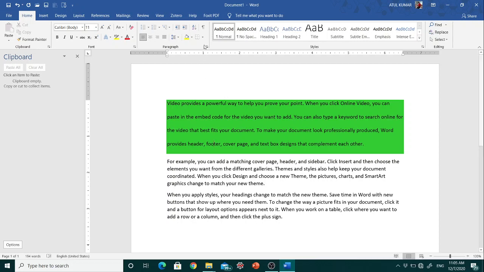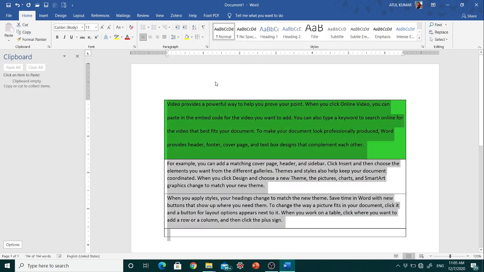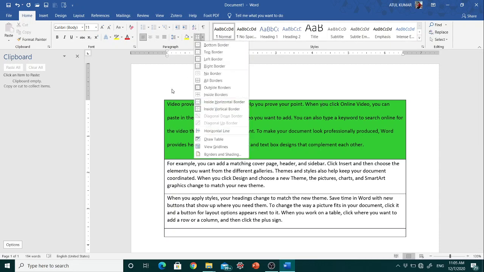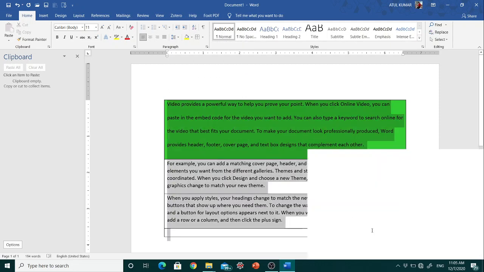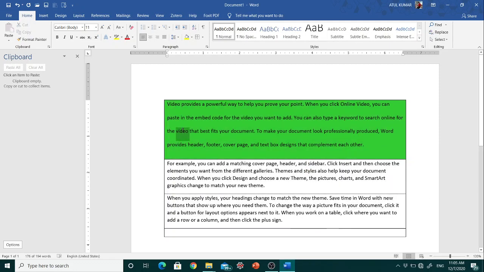The next option here is the Border option. You can add or remove borders from the selection. So select the paragraph, then go to the border. If you want all borders, then it looks like this. This one is the All Borders option. Similarly, select the whole paragraph and go to the borders option.